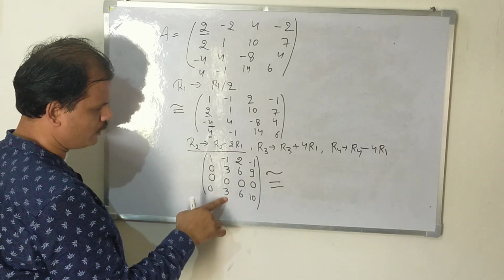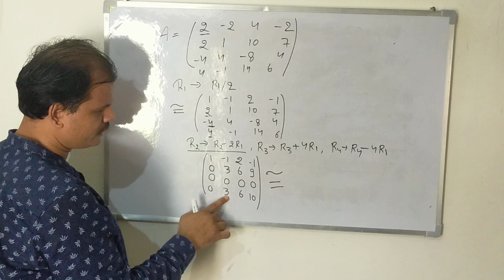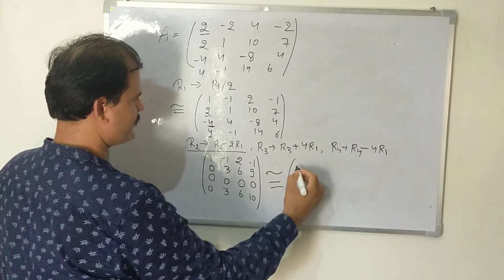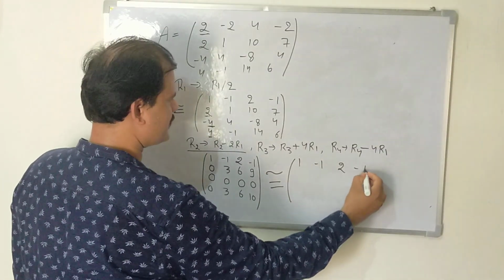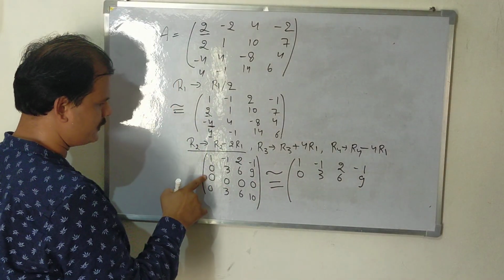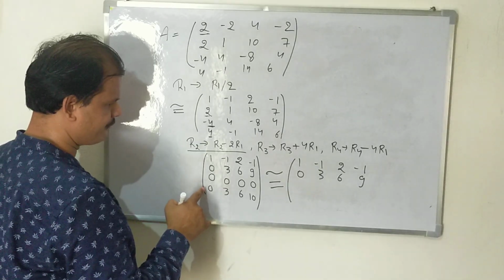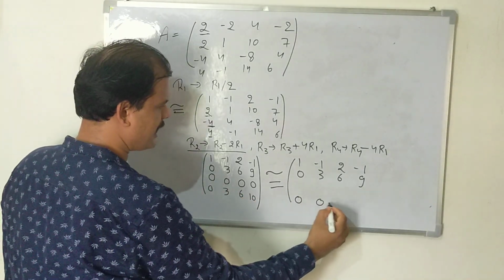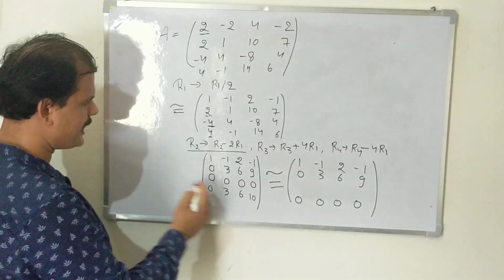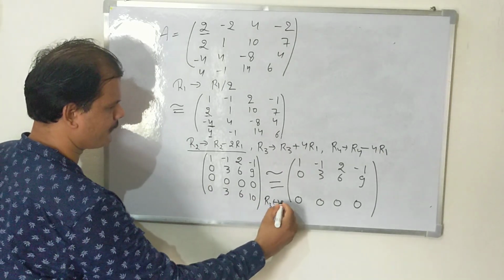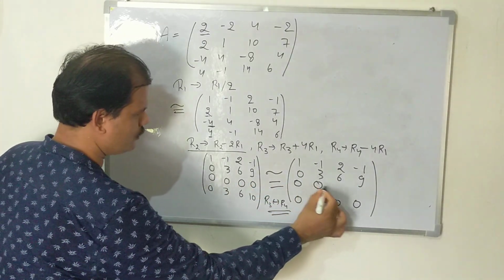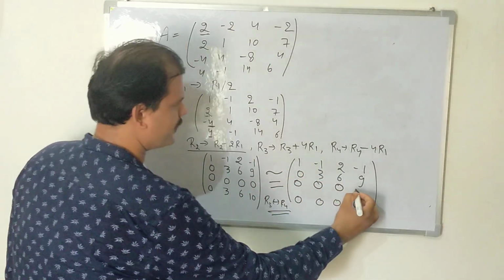Now let us see the fourth row. So for the fourth row what we can do, R4 replaced by R4 minus R2. And let us see what we are getting. So 1 minus 1, 2 minus 1 and 0, 3, 6, 9. And let us interchange R3 and R4. So this is your R3. I have replaced R4 because the 0 row we have to keep down. So I have interchanged R3 and R4. Now R4 will be 0, 0, 0 and 10 minus 9, 1.